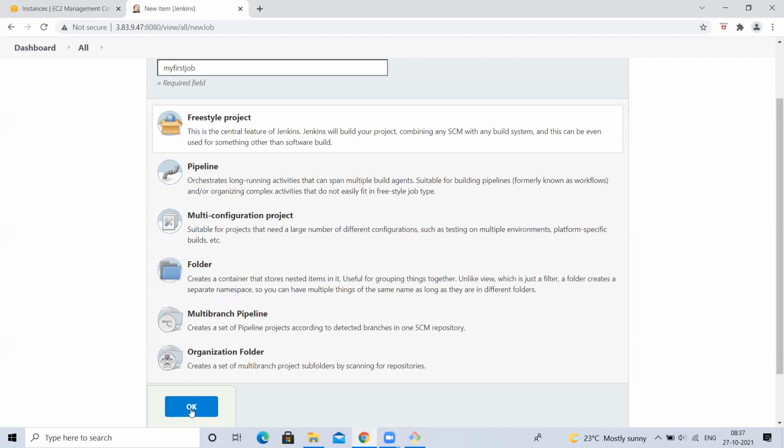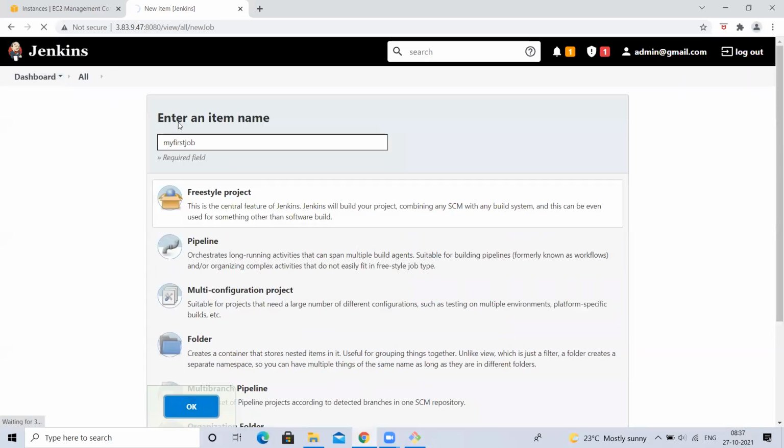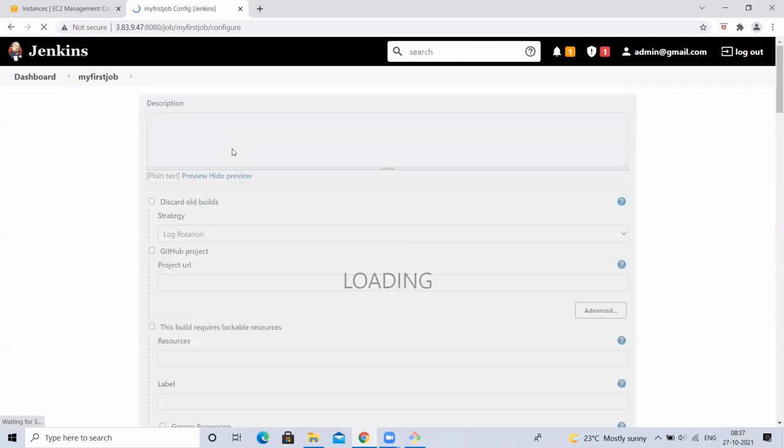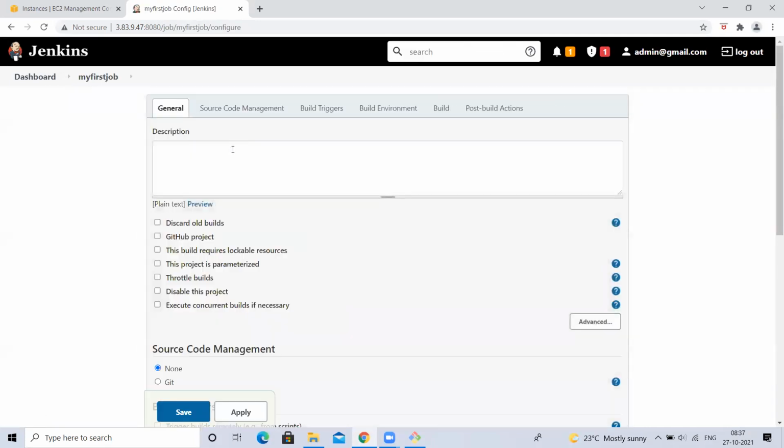I'll show you. I'm trying to create a new job. I'm naming it my first job, and I want my first job as a freestyle type of job. So I'm creating a job here.